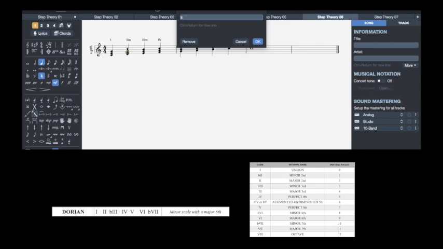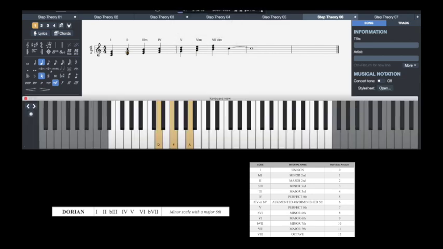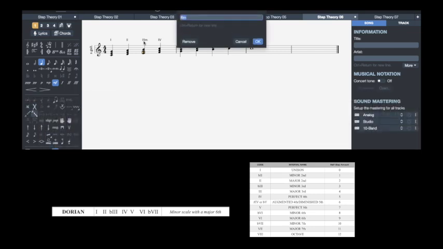Since it's a major interval, it has no flats and sharps. Like that, and we remove the chord class. The third step of the Dorian scale is a minor third, and this implies a major third, so we have to change the step. So first we remove that one, and we have to reflect that this scale has a